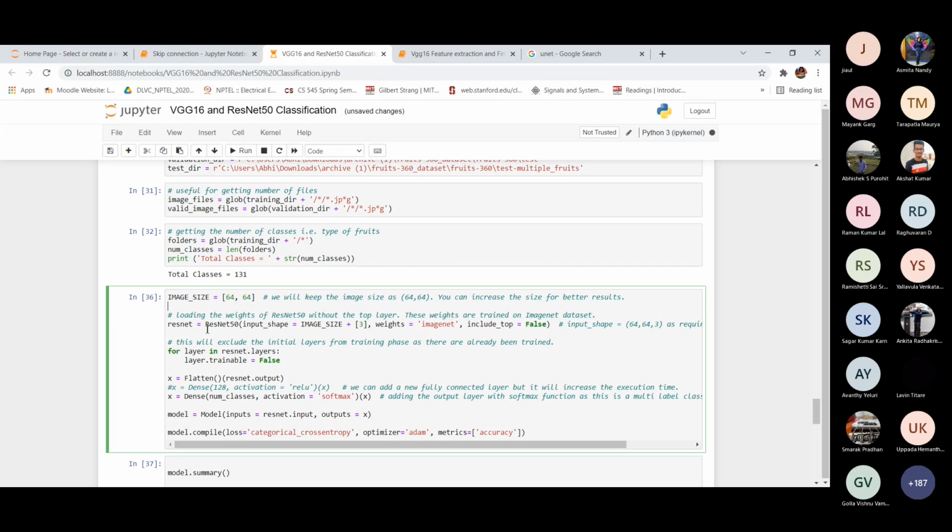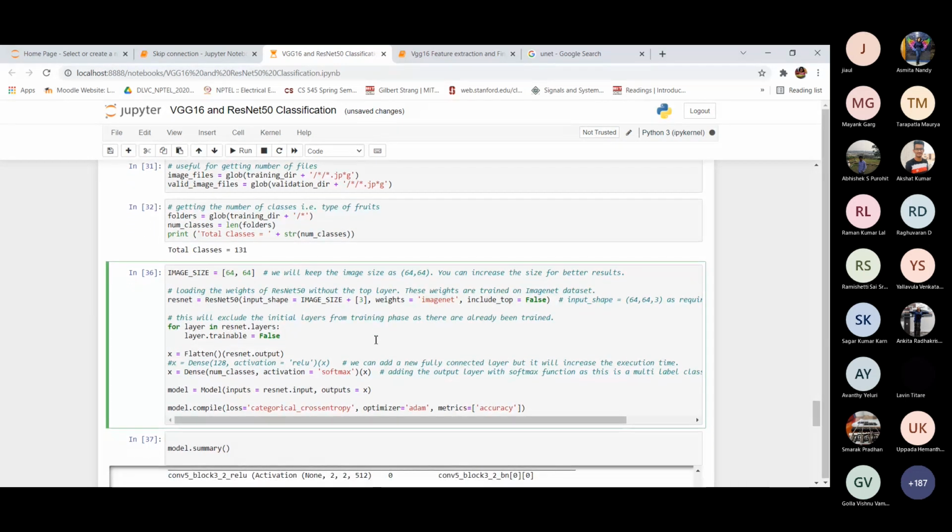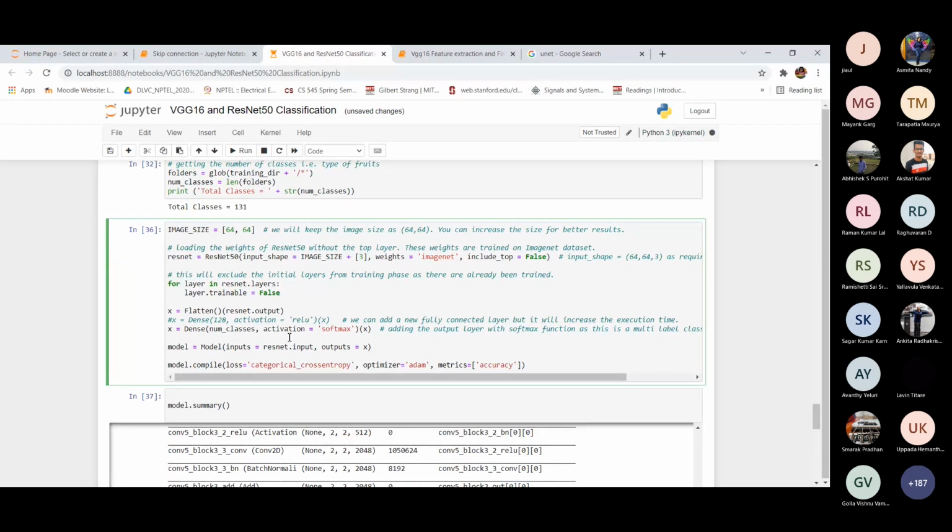And here we are using the ResNet 50 model, and this model is also trained on ImageNet. So we are going to use the same weights that we used previously for VGGNet. And here also we have trainable parameter false, so it is not going to train the convolution layers. It will train only the dense layers.